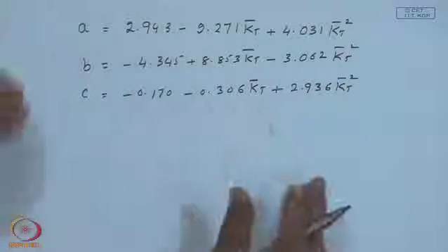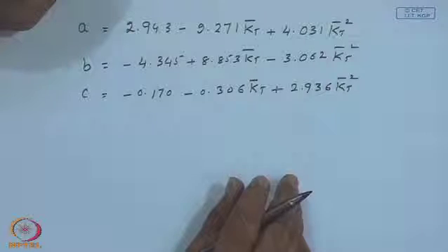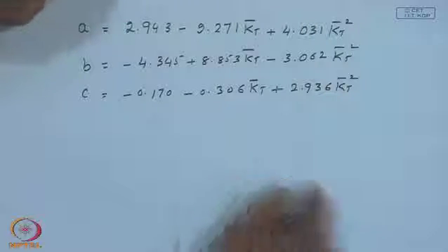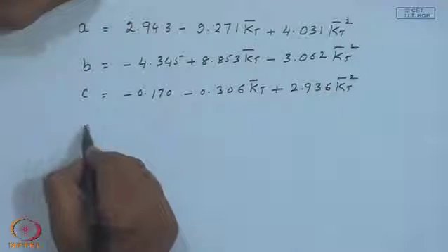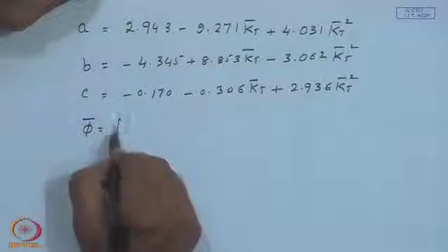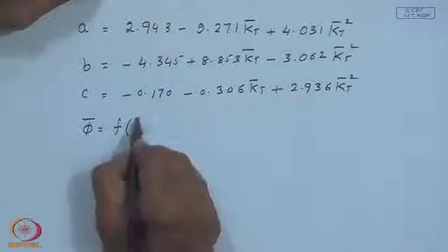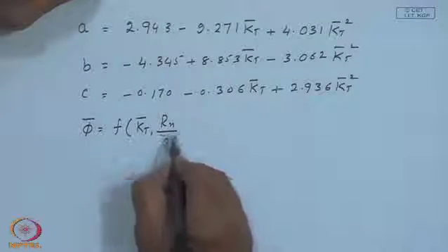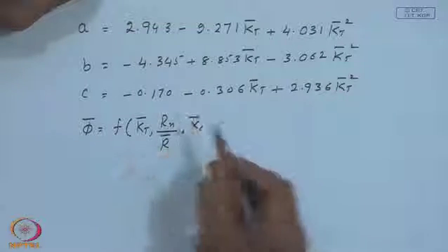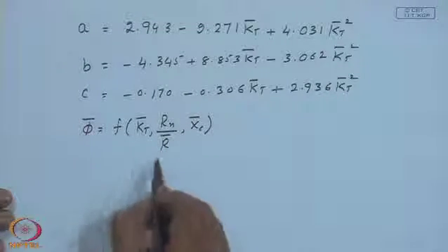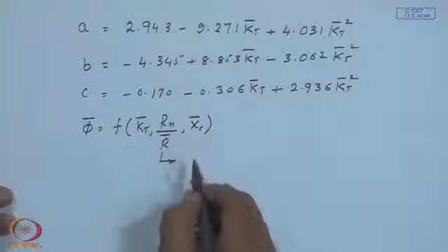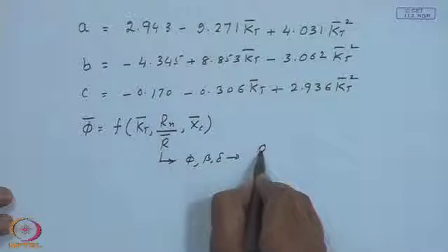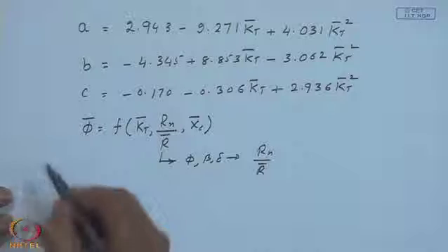We shall work out a problem towards the end of these lectures, maybe the next one, and then you will understand the orders of magnitude of the constants A, B and C. And so, now we have got a phi bar function of essentially Kt bar, which will decide these constants A, B and C, and instead of phi, beta and delta, you have got an Rn by R bar and the non-dimensional critical level xc bar. So, this is some sort of a fortuitous simplification. All of phi, beta, delta is combined into one single factor Rn by R bar.